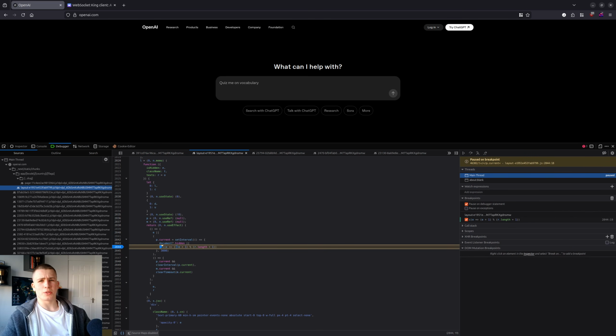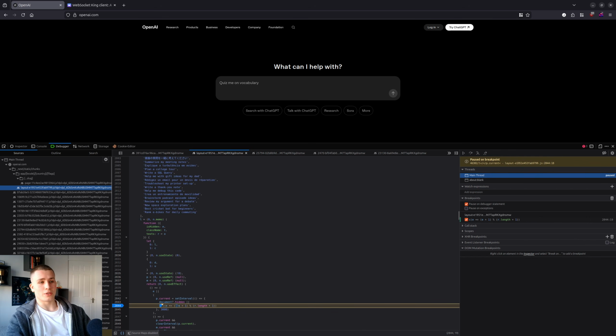Now, what is the advantage of doing this over just statically analyzing it? Well, from personal experience, I've tried to figure out what values we're getting passed into a function. Because when you look at a minified function, let's look at this one, you have l n dot memo, right? That could literally be anything. This n function, if you go into Visual Studio Code and search n, you'll get a million results. But if I just stop the interpreter here, I could see exactly what's being passed into the function. I could see what a function's returning,